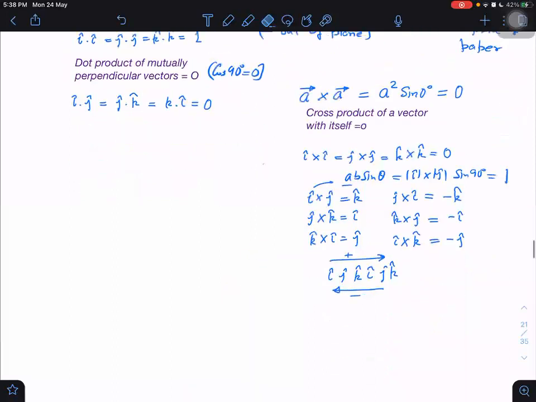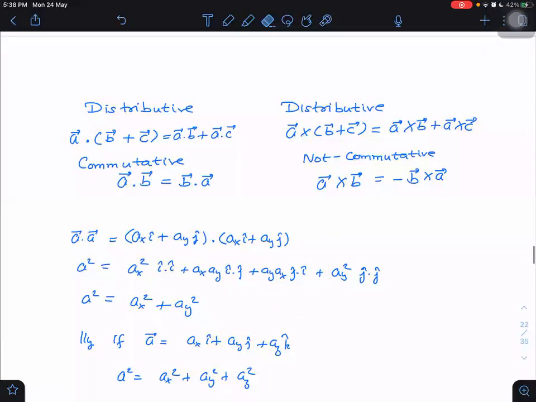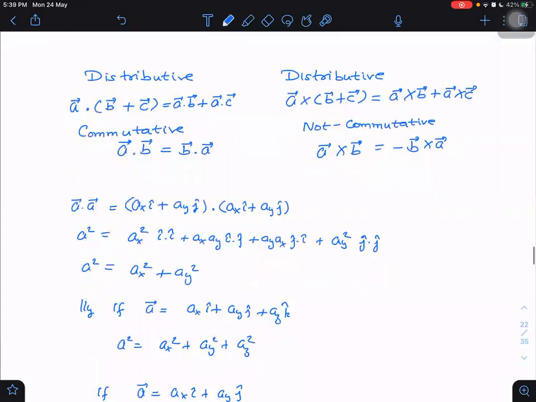Other than that, what properties will these vector products hold? Normal properties which we know normally. Distributive property, commutative property. Similarly, the same properties hold for both products. For both products, the left hand side is dot and the right hand side is scalar, or the left hand side is scalar and the right hand side is cross. For both it is the same, but one property is different. Which is different here? Commutative. Distributive is the same, but one is non-commutative and the other is commutative.